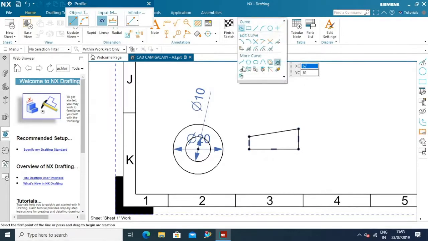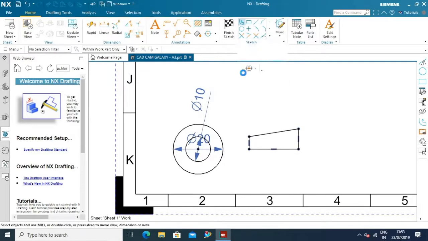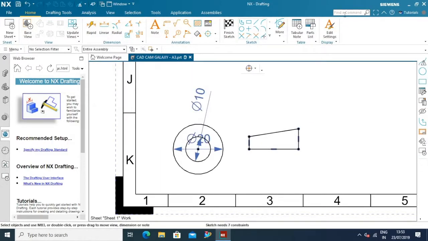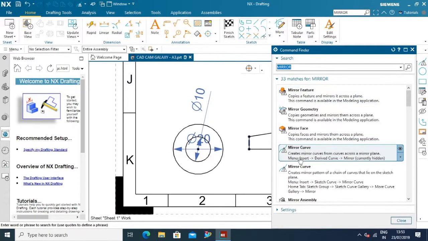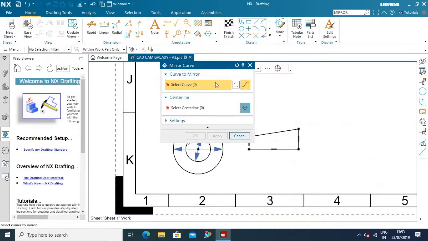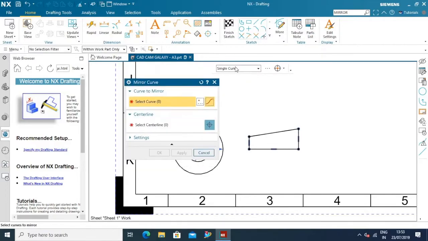Now, sometimes we are not able to locate certain commands. For example, here I want to use a mirror command, and here we can see the mirror command I was able to locate because I was using it for a long time. So here we also have command search, in which we can type the command, and then the software will automatically list the set of locations where exactly this command is present, and I can directly click on that particular command to run it from there. So you don't really need to know the location.